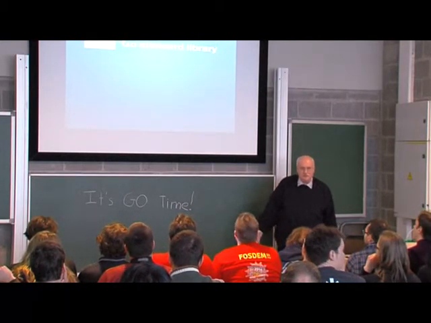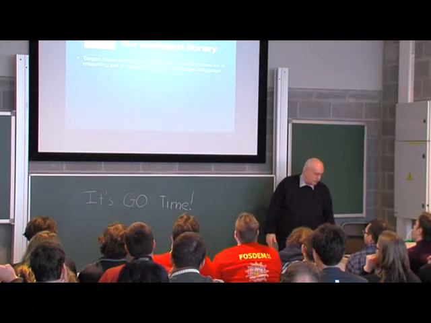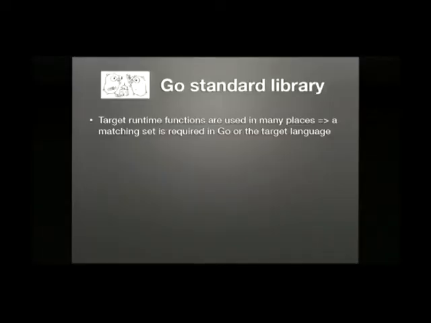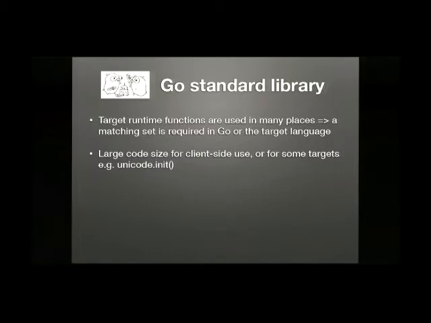So, I've spoken about unsafe pointers being one of the issues with the standard library. Another one is that there's quite a lot of functions in C or assembler in the standard library that you need to write, more than I was expecting. Also, the standard library can produce very large code. Does anyone know how large a Java function can be before it blows up? I can tell you it's 64K of Java intermediate code, and I hit that with the init function for Unicode. So you have to do some working around on the code.